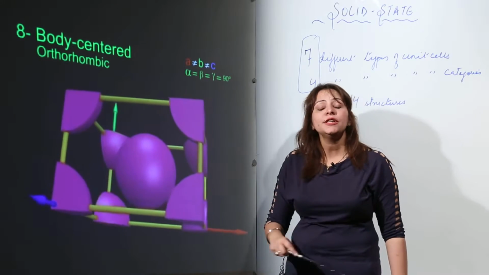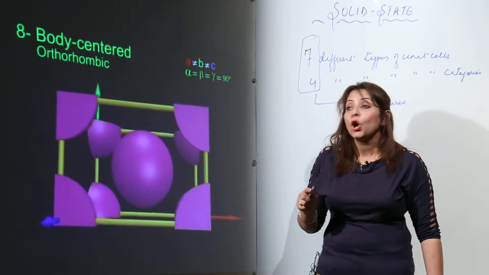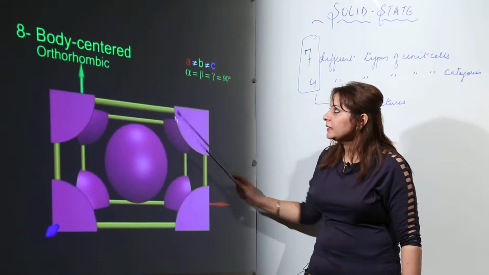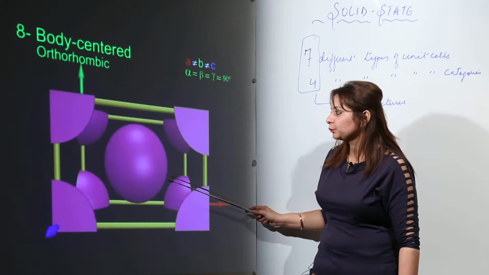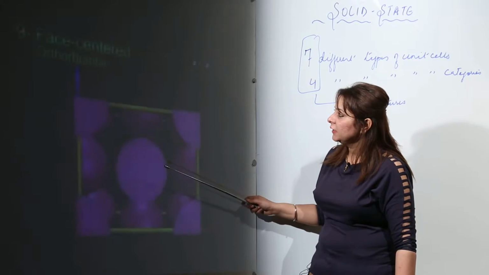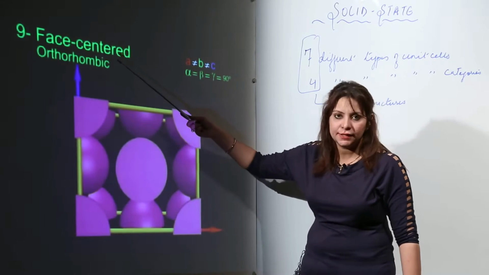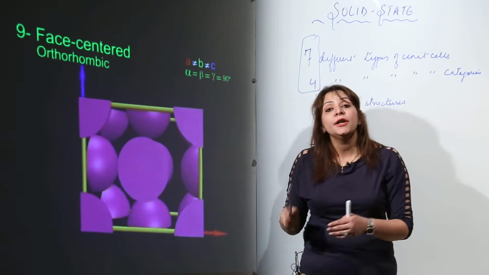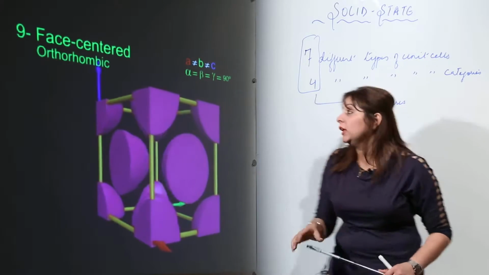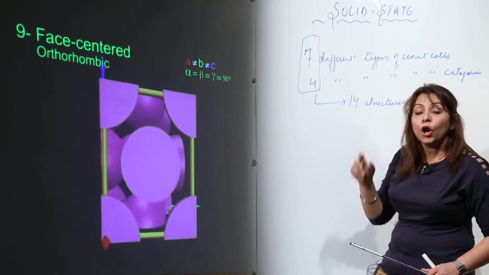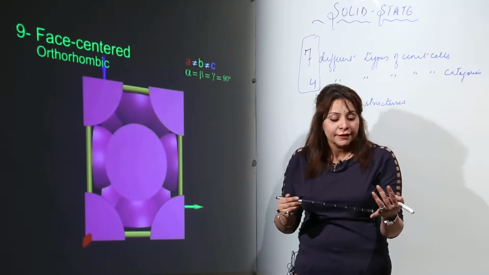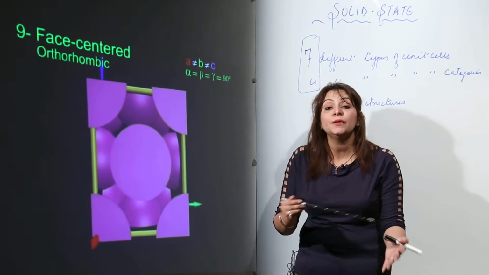So that means we get to see orthorhombic in the primitive one, also in the body centric one, and also in the base centric one, right. So this is the body centric orthorhombic. And similarly, this orthorhombic does exist in a face centric one. So till now, orthorhombic is a form which is seen in 4 different unit cell categories, because the total number of categories we have is 4. So orthorhombic exists in all of the 4 categories, that is the base one also, the face one also, the body center also, and the primitive also.